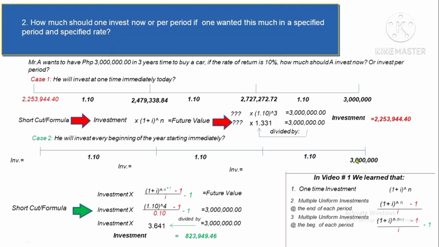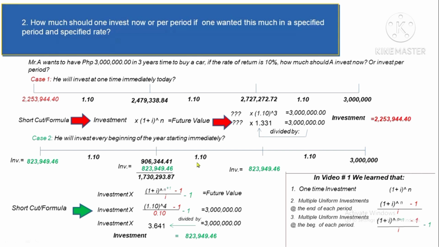So let's check if your investments of 823,949.46 will really become 3 million at the end of 3 years. So let's have your first investment right here, the second investment will be here, and the third investment will be right here. So let's start. 823,949.46 times 1.10, you're gonna get 906,344.41 plus 823,949.46,